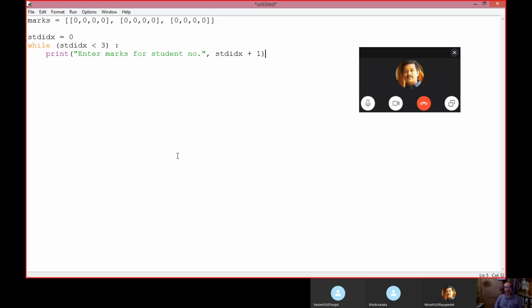Okay, enter marks for student number 1. Then what? Here we have to initialize the subject index equals 0, so it will be 0, 1, 2, 3 subjects each.